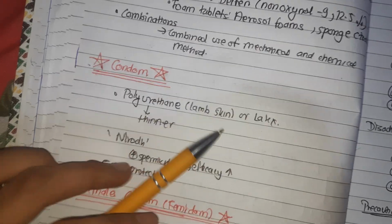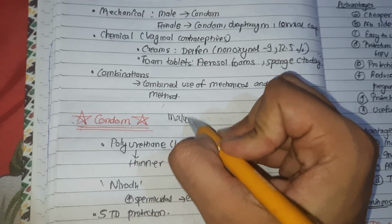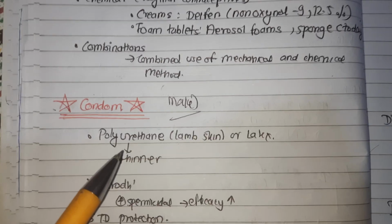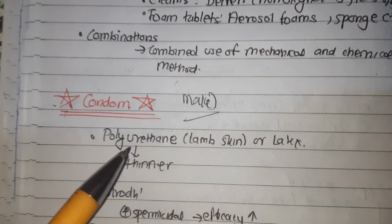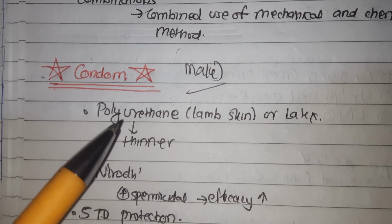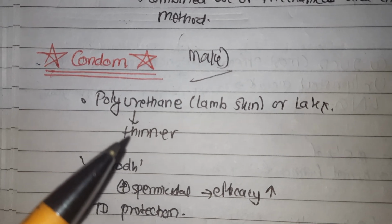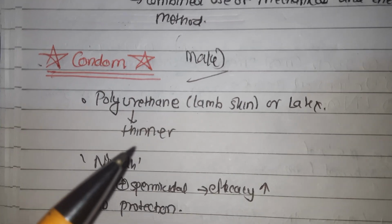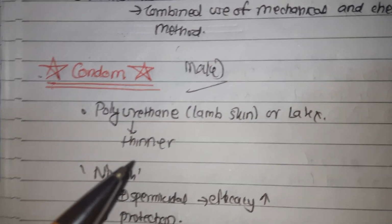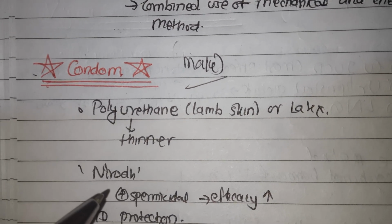So let's talk about condom, the condom of the male. So condoms are made of polyurethane, lamb skin, or they may be made of latex. Polyurethane condoms are thinner and suitable to those who are sensitive to latex and latex rubber. It is most widely practiced method used by the male, and in India, one particular brand is widely marketed as Nirodh,